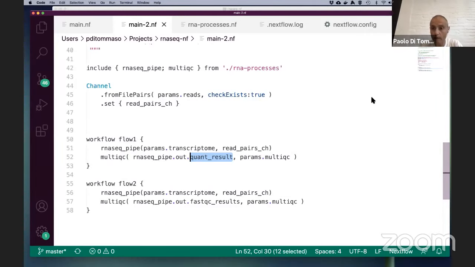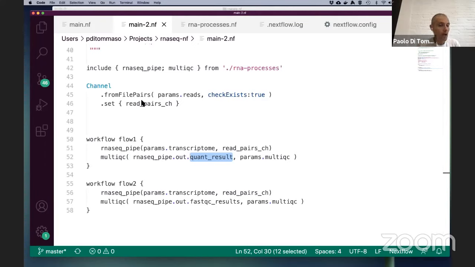This is just the first thing that I'm thinking of, but it could be just a trick to recompose some specific steps with some different input output, or maybe adding some extra step in the middle. So now we have in the main script 2 workflows,